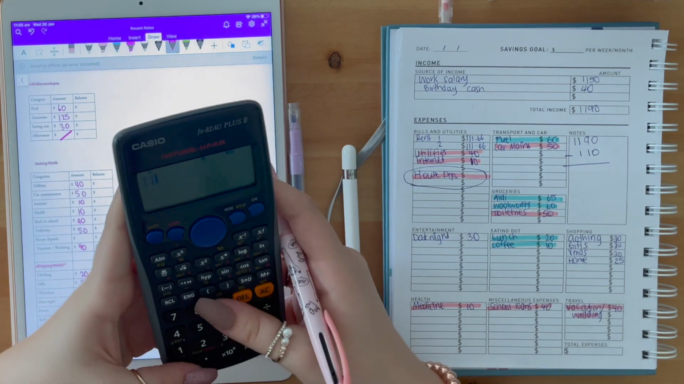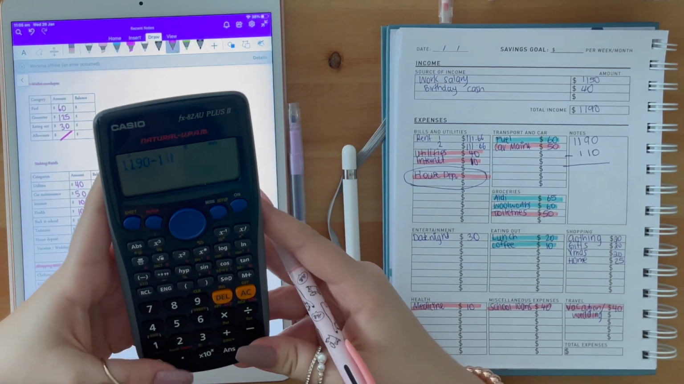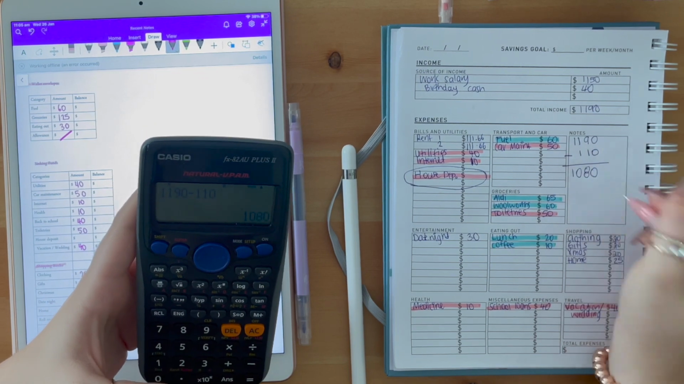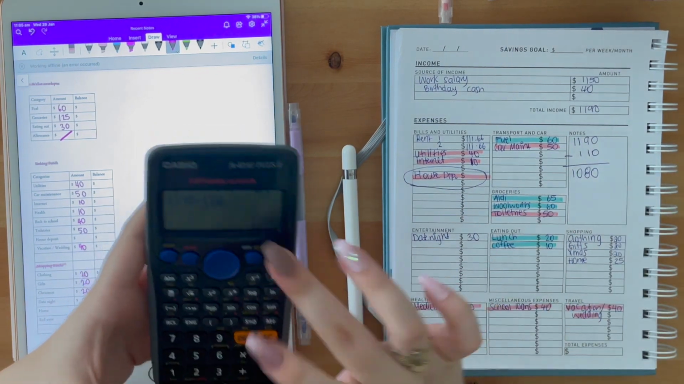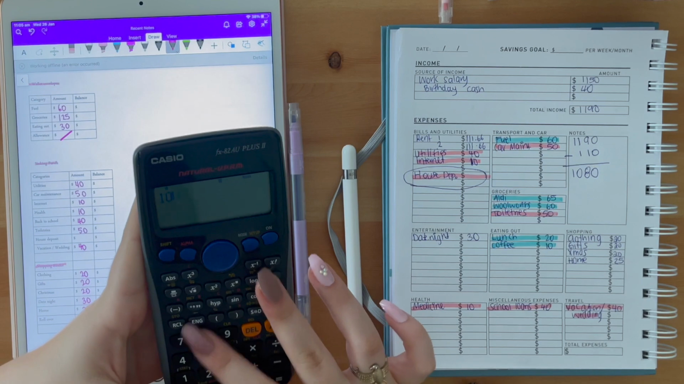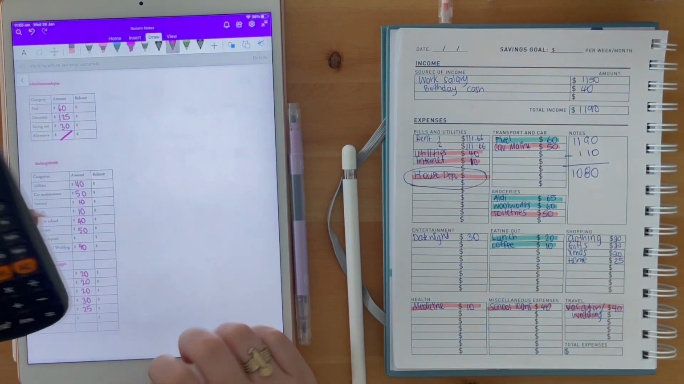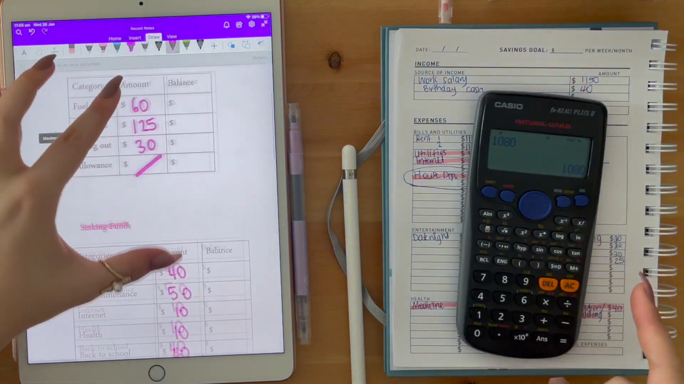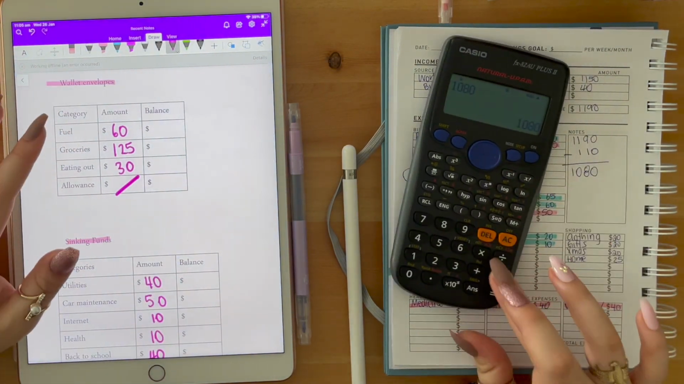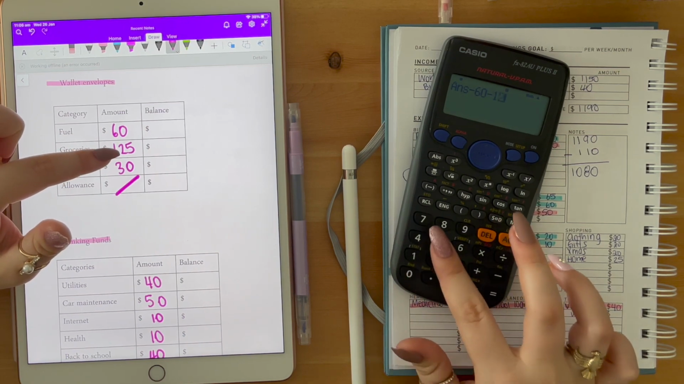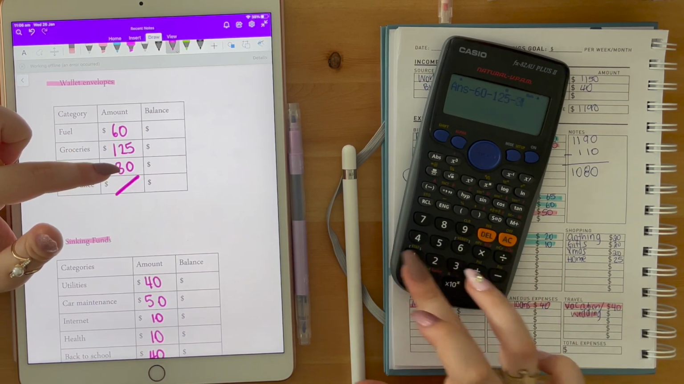So I need to take away 110. So my actual income, I'm going to class it as $1,080. So we're going to start again. So we have $1,080. And let's take it all out of here. Take away 60. Take 125. Take away the